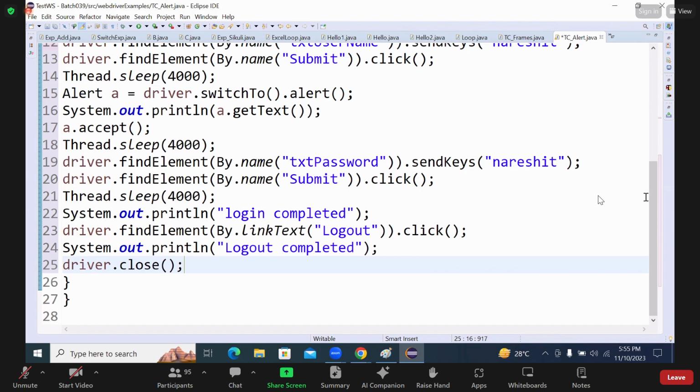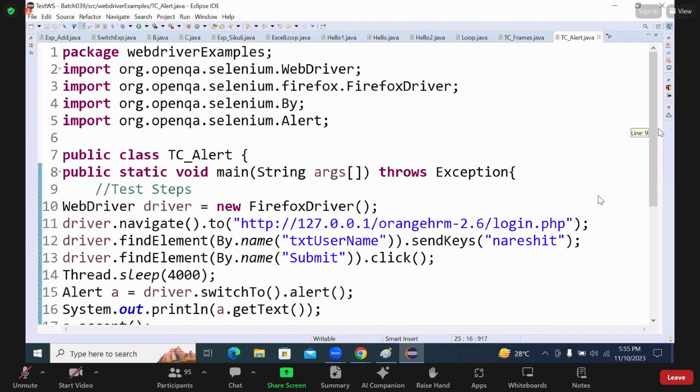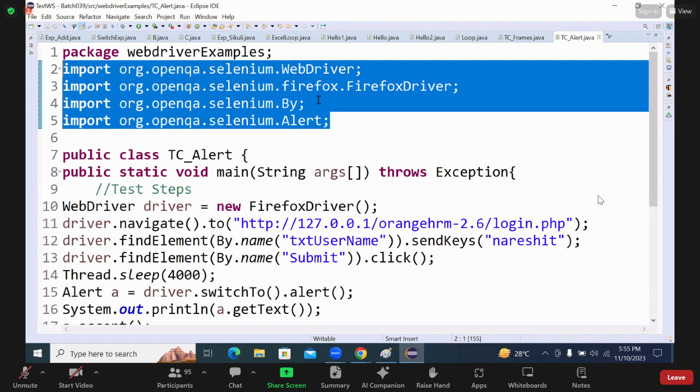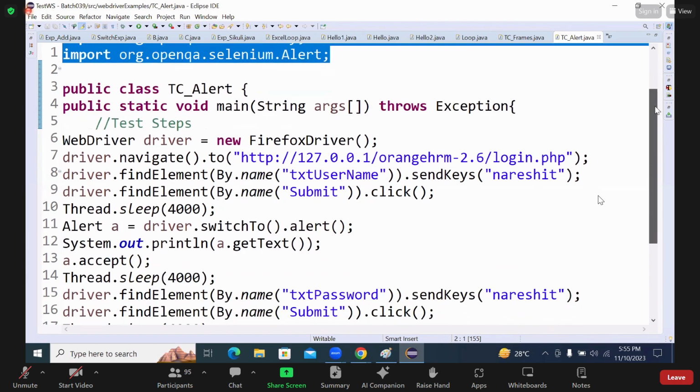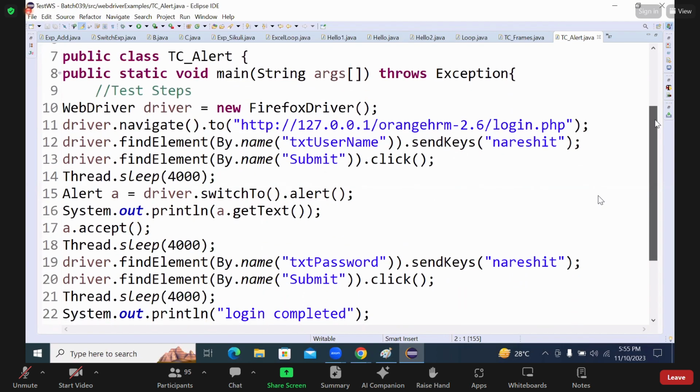So we just need to refer to all the required manual steps, and according to each manual step, we need to take care of writing all that code. First, we need to import all the required packages, create the class and the main method,